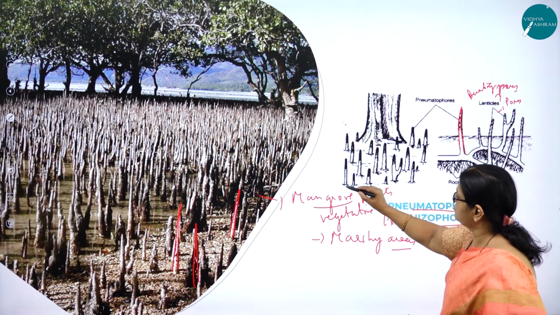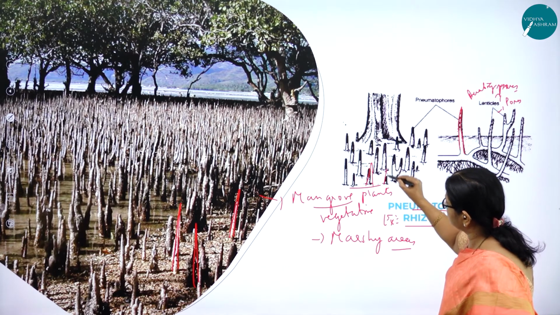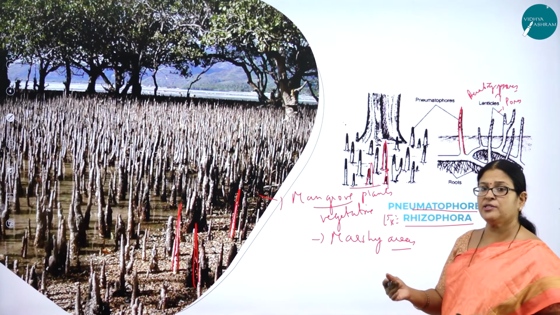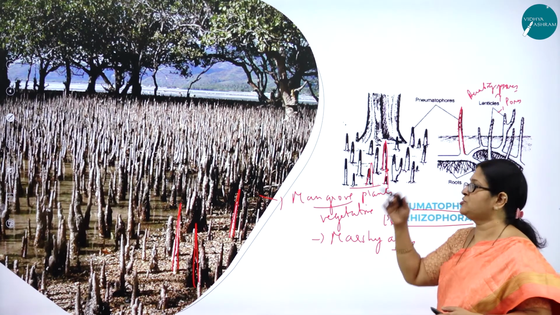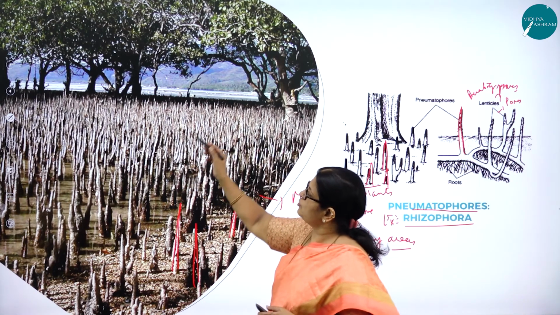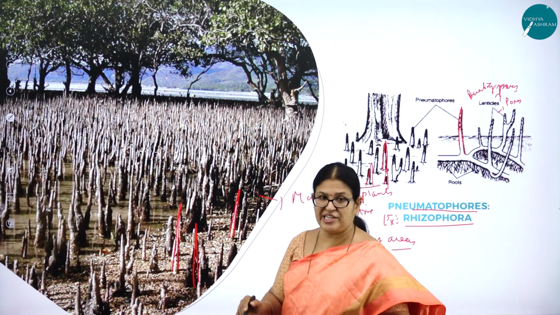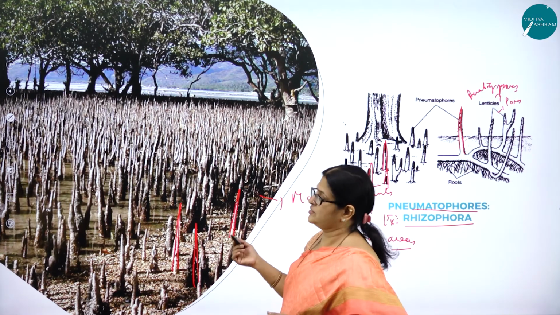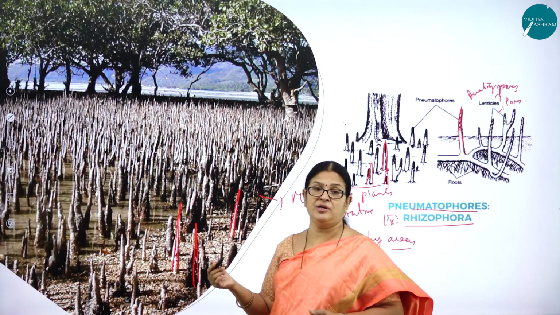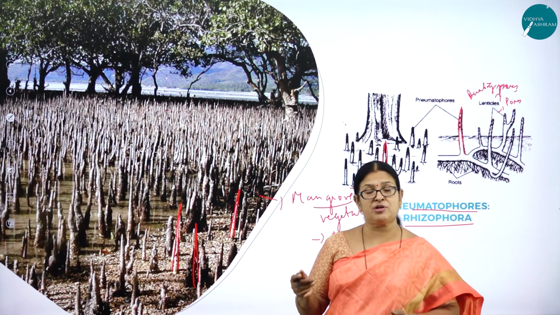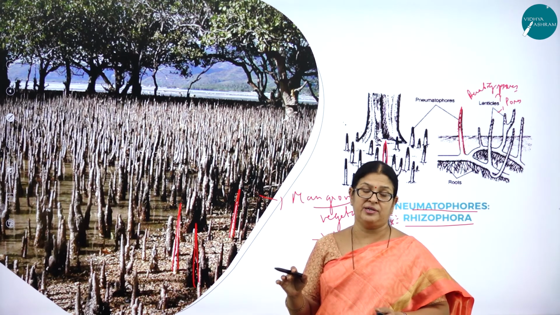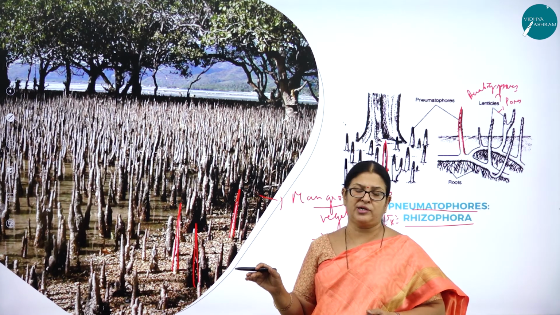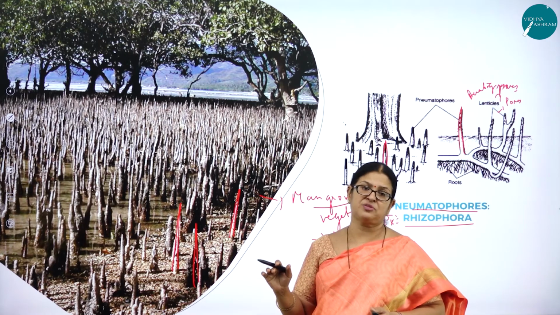See here, you can see from the soil they start developing like this. Usually the roots are below the soil like this. But here you can see the roots grow above the soil. Here you can see how beautifully, this is a marshy vegetation, marshy area, marshy plants where they don't get sufficient oxygen. Why don't they get sufficient oxygen? The whole surface of the soil is covered by water. So completely it is blocked with water and there is no sufficient space for aeration.